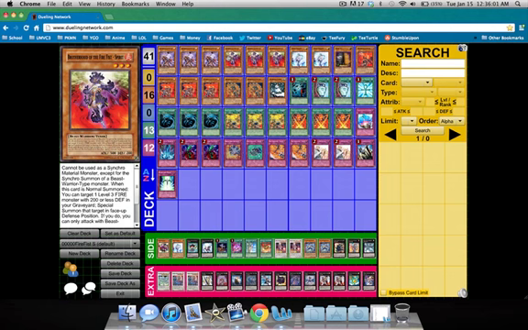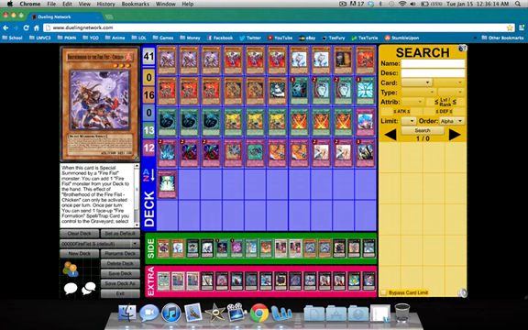Or if you really wanted to, yeah, but you can't do that. So more rules that stop you from wanting to abuse the tuner you could special summon from your deck. So you can get a Spirit or you can get a Chicken, whatever. But either way,